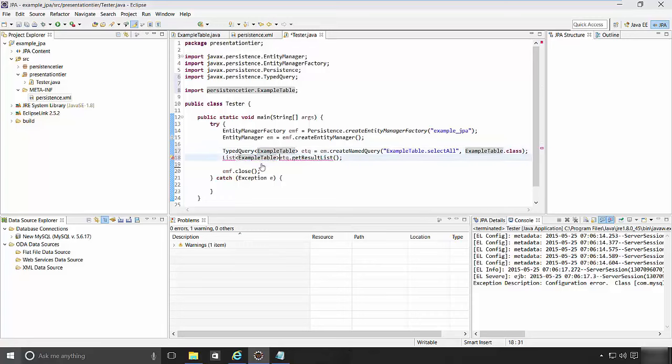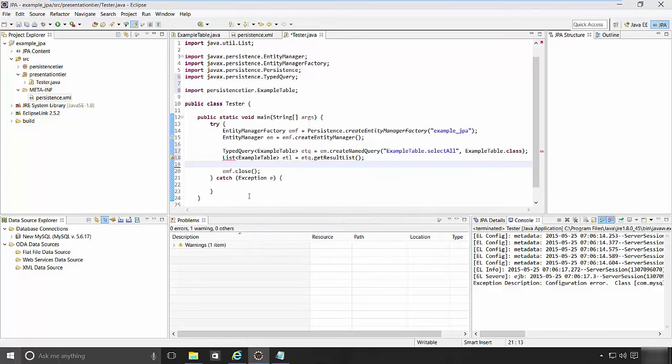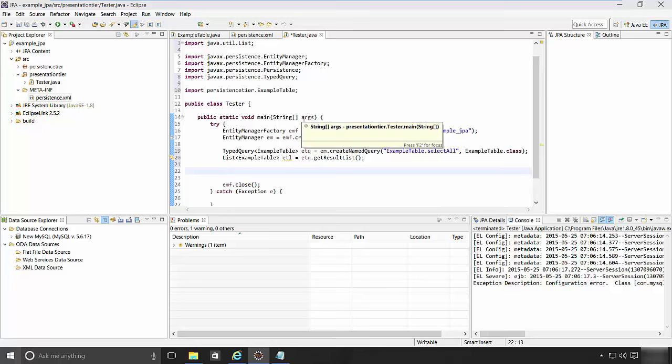Let's name that list as example table list, etl, and we need to include this package here, java.util. There it is included. Now we can actually traverse over this list via a for each loop,